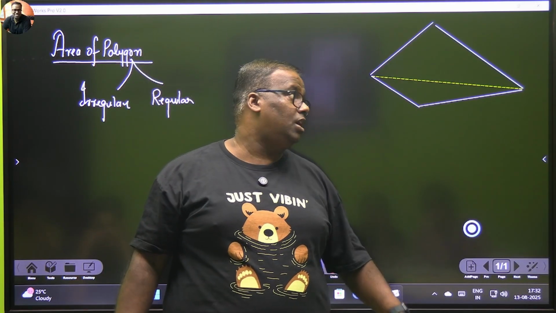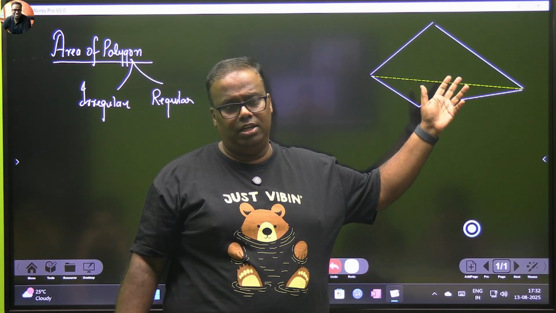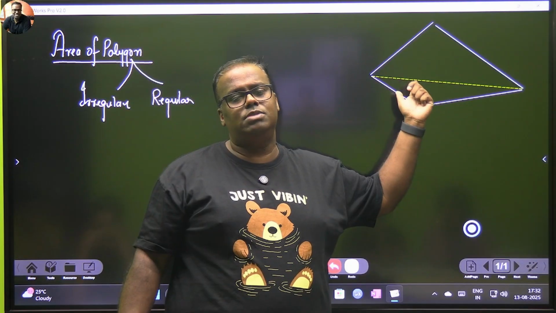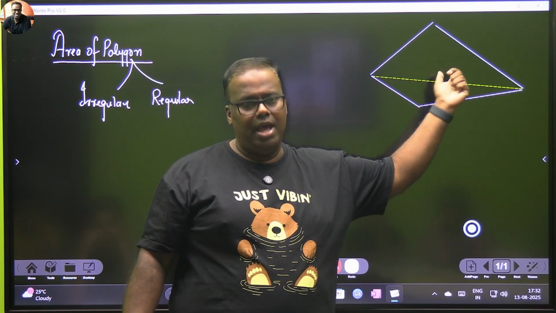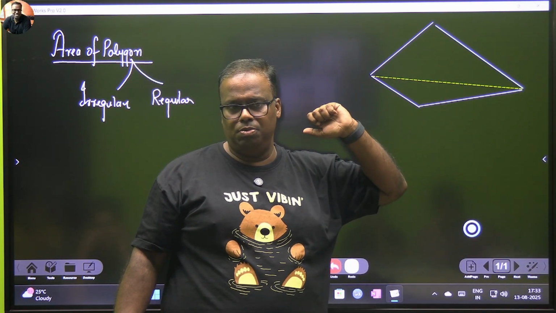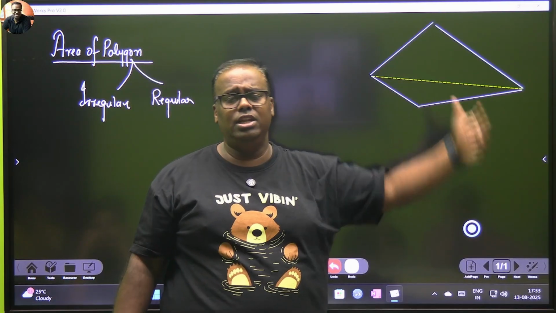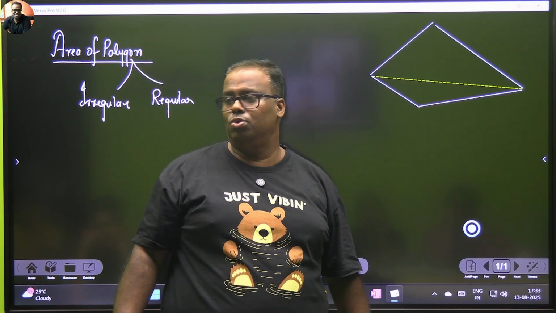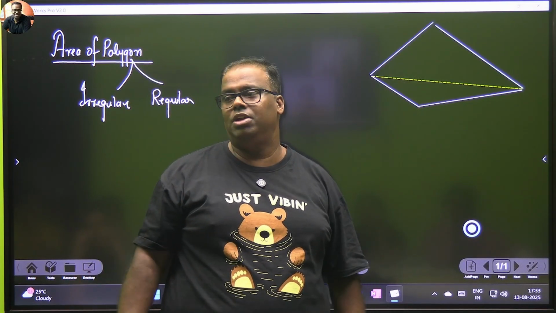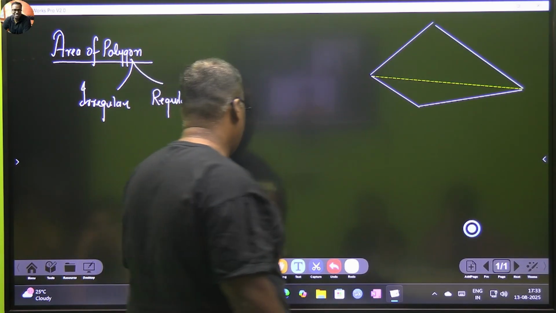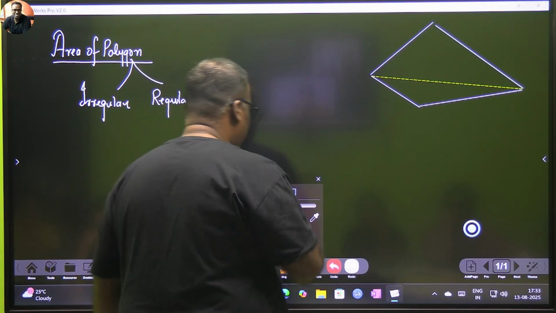The question might come: Mr. Smith owns a piece of land which is a quadrilateral of sides so and so, and then some more measurements will be given. Find the area of his farmland. Farmlands don't come in a particular geometric shape, they will be irregular. So in such a case, we will also see that if it is a triangle,